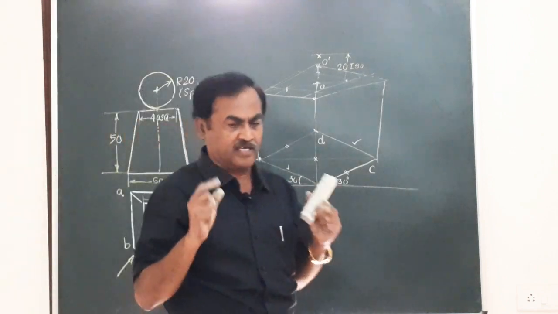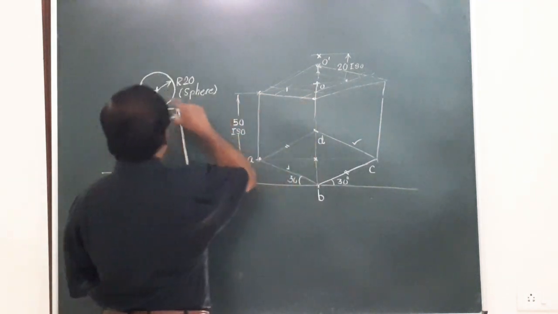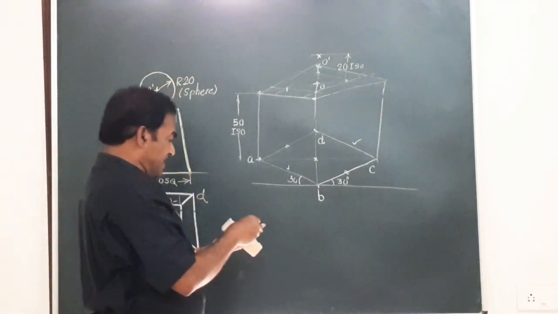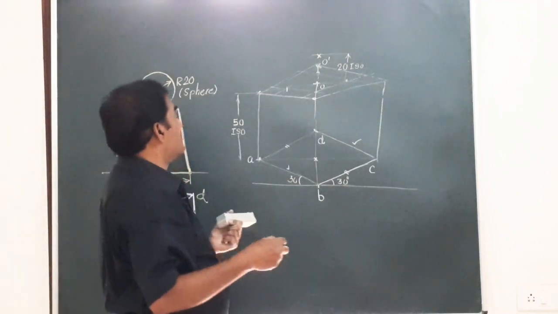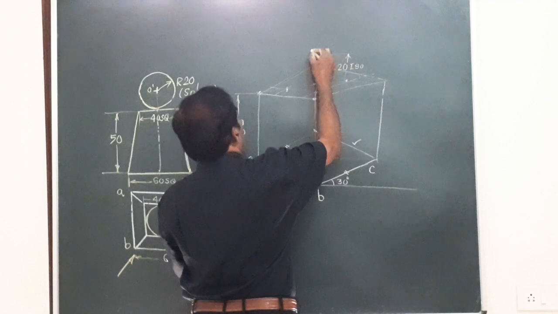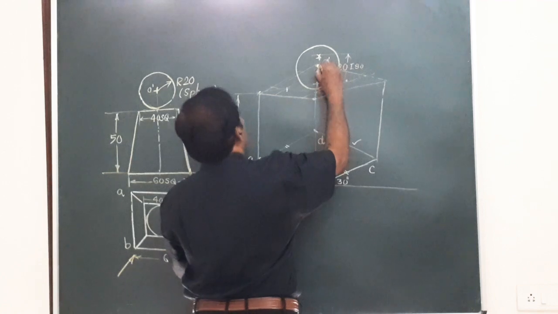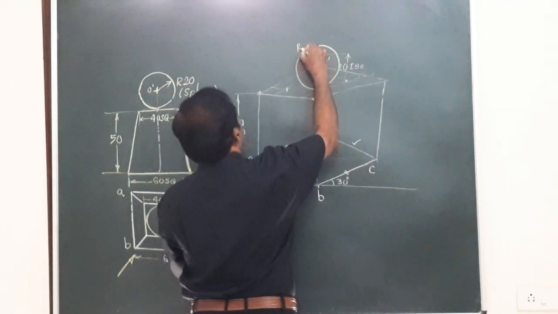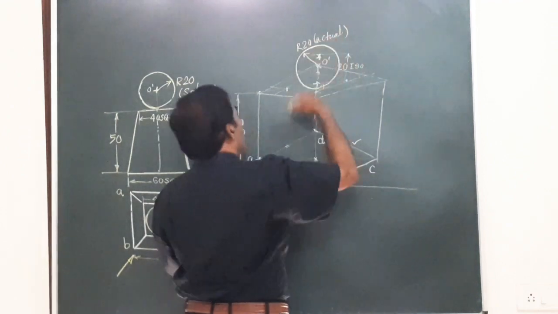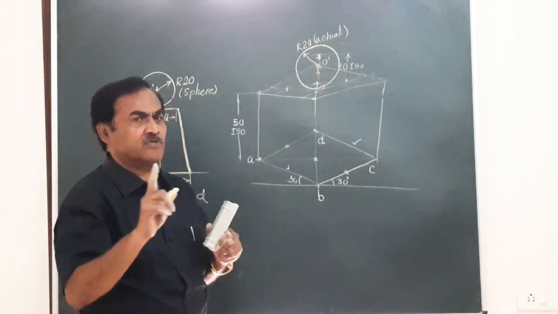So with that center, I will call this as O dash, and taking the actual radius, you should be very careful. Only in case of these cylinders, we mark the height equal to ISO height. With O dash as center, and actual radius as the radius of that sphere, you complete a sphere here. With this center, I am drawing a circle of diameter equal to, so I will write down here. You should be very careful. This is R20, that is the actual value, means 20 millimeter on the true length. So friends, this is the isometric projection of the sphere.